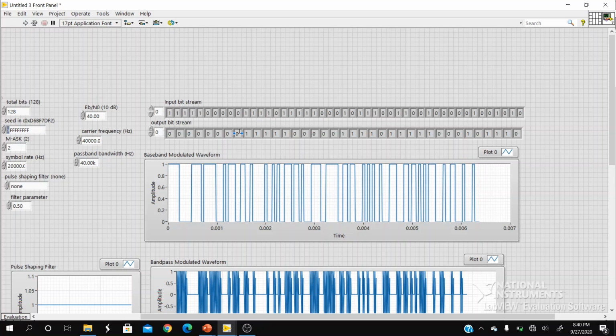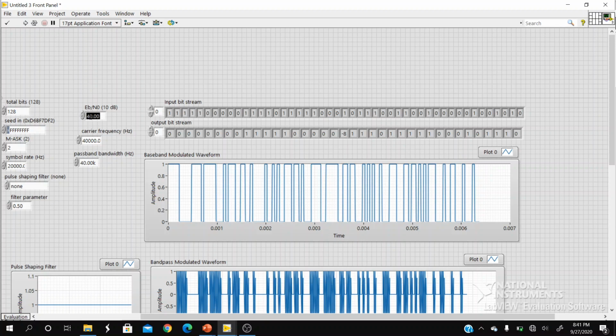Here you can see after 8 zeros, the next 5 bits are ones, which is the same as the first 5 bits. Then it is followed by 5 zeros on the receiver side, similar to the input's consecutive 5 zeros, followed by 4 ones, 4 ones, 0, 0, followed by 5 ones and 5 ones. So after the first 8 bits for a seed-in value of -1, you will see the input being replicated after the 8 bits of delay. So this is a good channel scenario.